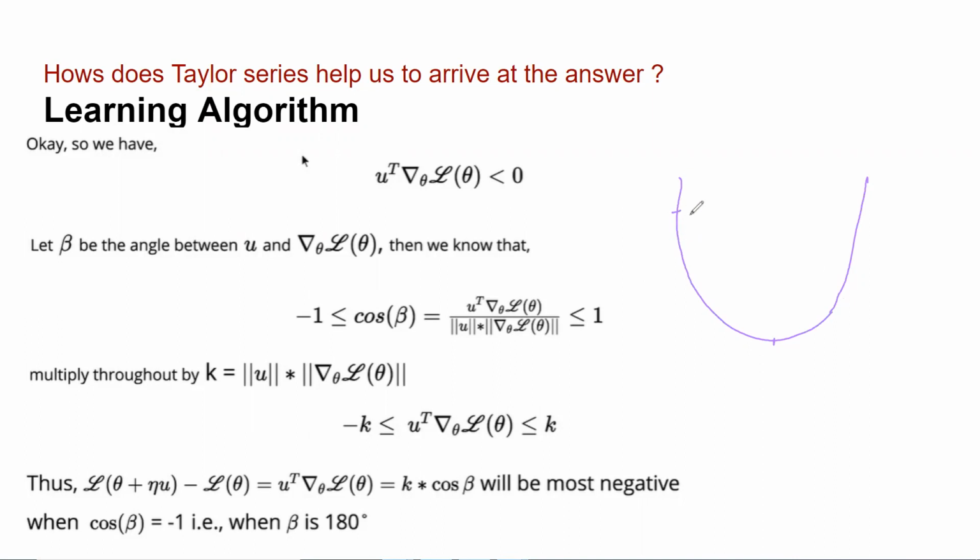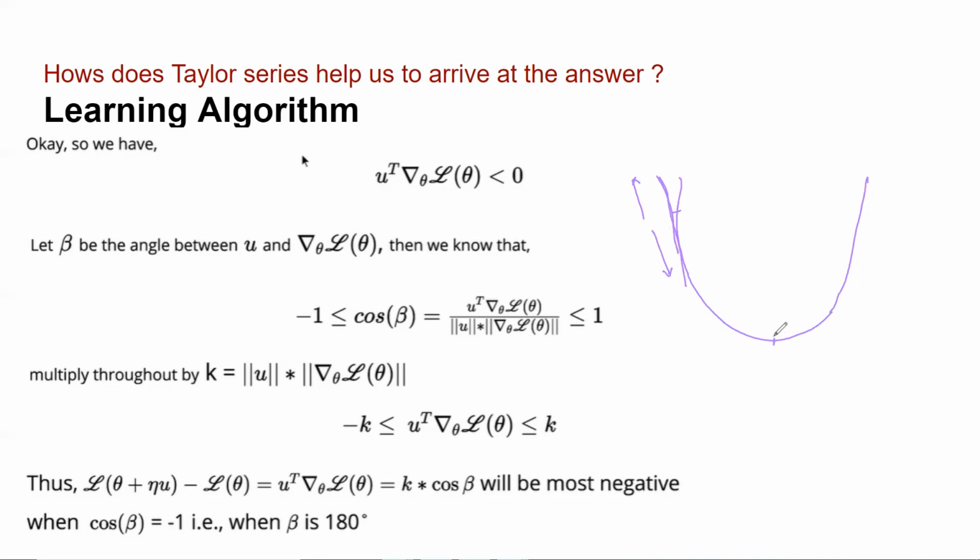So in this particular point, what is my gradient, what is my tangent? It is something like this, right? If I have to draw a tangent, it would look like this at this point. So here the direction of my gradient is this side, so I should move the opposite direction. Then only I'll be able to reach minima, right?